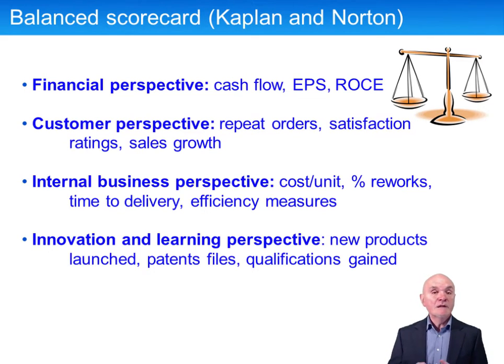And finally, although we're doing well what we do now, as I said before in Fitzgerald and Moon, nothing stands still. We might be the top of the heap now in terms of really good performance, but all of these competitors will be hungry for equal success. And if we don't keep innovating and learning, then we're going to fall behind. So if innovation is important, you must measure it. For example, set budgets and measure the number of new products brought to the market. Or we could set measures about the number of patents which have been registered.